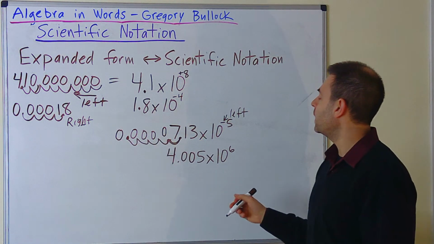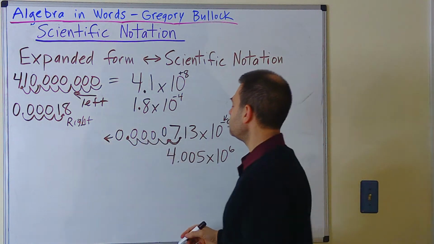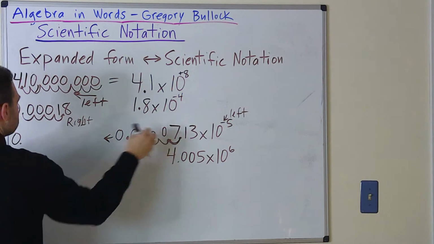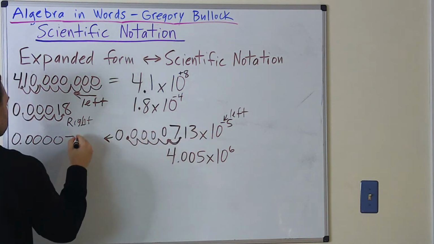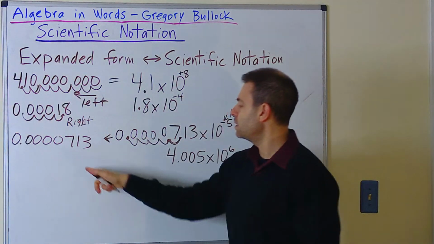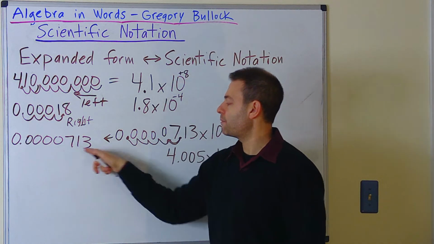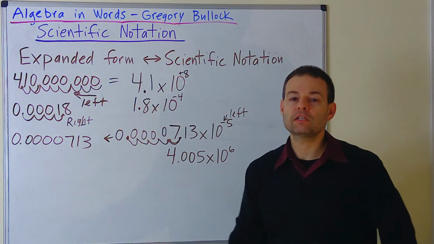Alright? And I'll just rewrite what we have here to the left. 0.0000713. And notice I listed all the digits that were shown originally after the 7 and including after the 7. Okay, now let's pause a second